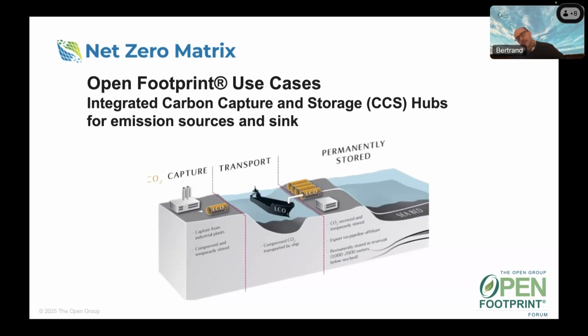So as I mentioned earlier, one of the integrated use cases that we're looking at through collaboration with one of the other forums at the Open Group, the OSU forum, is carbon capture and storage. This is a very interesting use case because we see the combination of source data, so the emission activities released by industries in, say, an industrial cluster. I mentioned the Porthos project, which is a CCUS hub near the port of Rotterdam, where you have various integrated refineries and other heavy industries that have emission capture solutions within their integrated facilities.